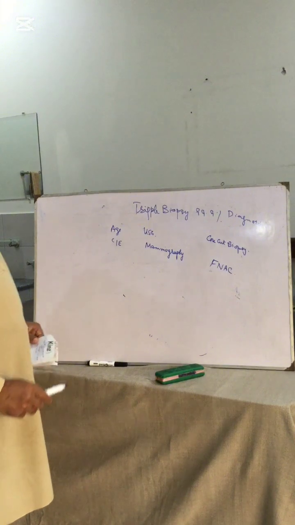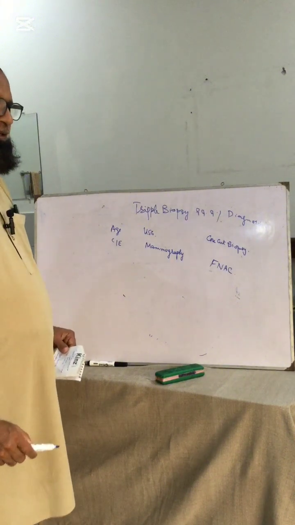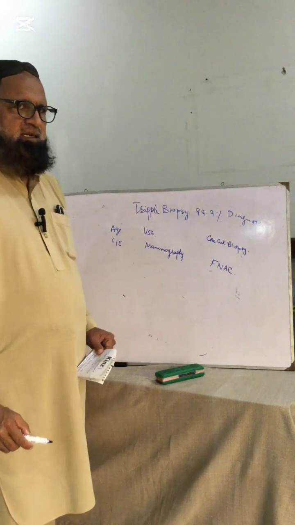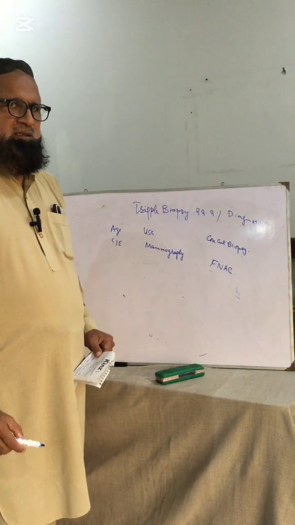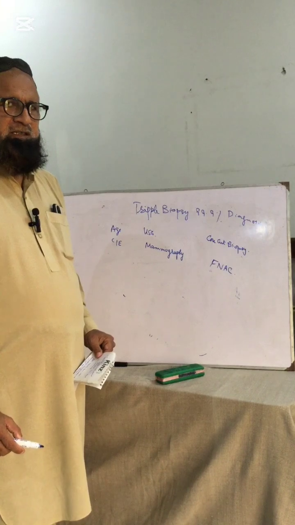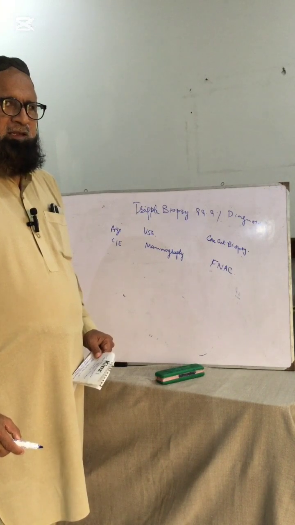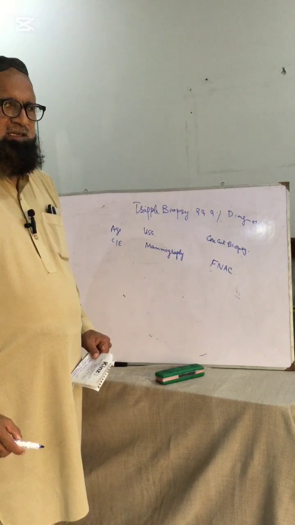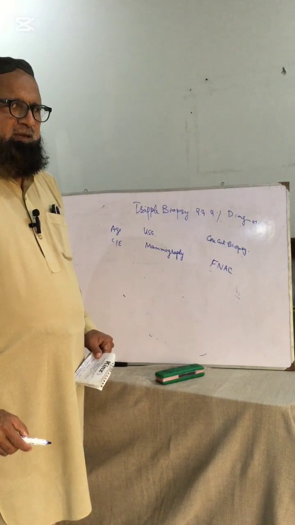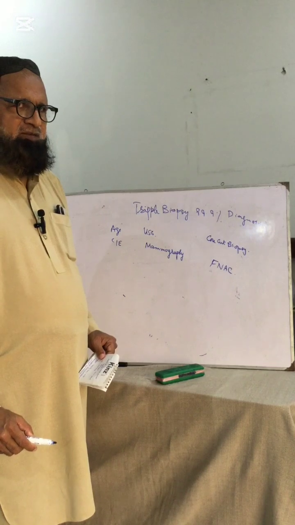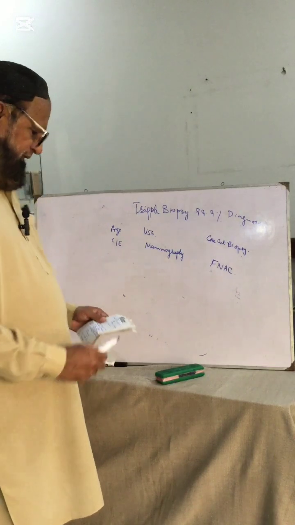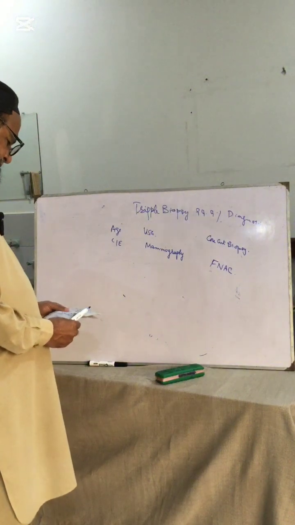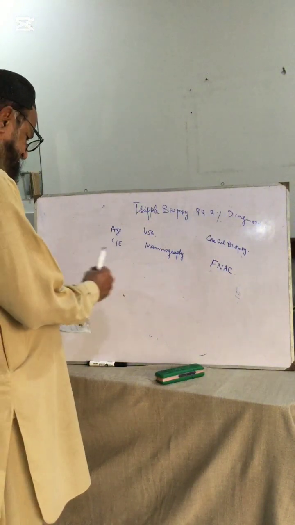So in carcinoma of the breast, we have to take many other things into consideration. The receptor status, the molecular status, the X-ray chest, the CT brain, the X-ray and the CT of the spine, and the painful conditions where metastases are there. They should be evaluated for the extent of the disease. With the help of these things, then we have to counsel the patient.